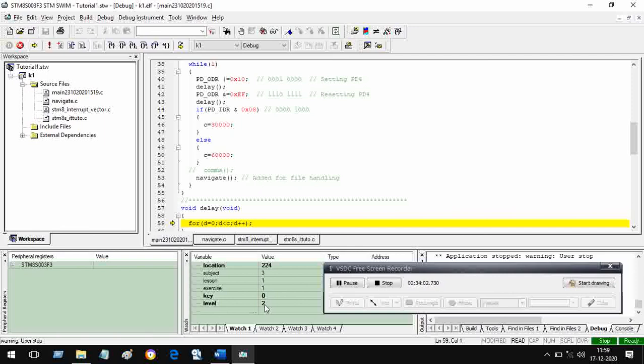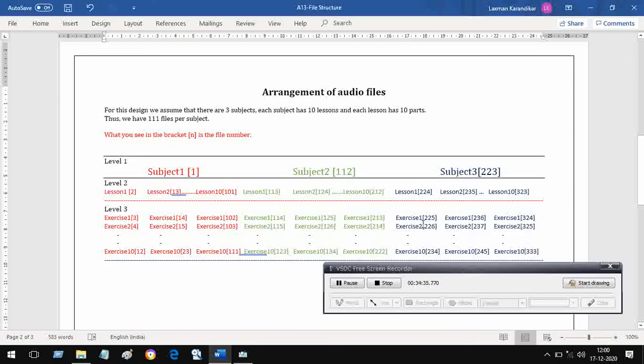Now let us go to exercise 3. Sorry, now I am going down from level 2. I will go to level 3 by pressing accept. Accept means 1. Then I run, I stop, and I find that I have gone to level 3. Address is 225, exercise 1, lesson 1, subject is 3. Let's verify. We are at exercise 1, address is 225, lesson is 1, and subject is 3. So friends, this is how we have verified